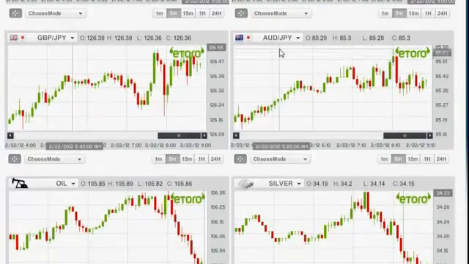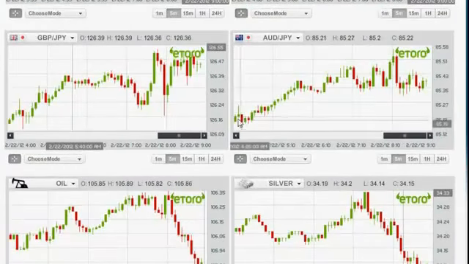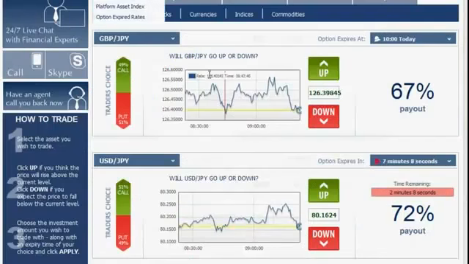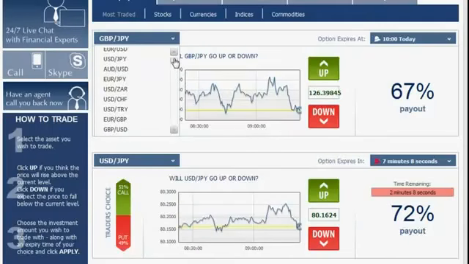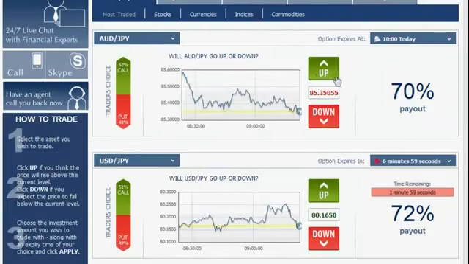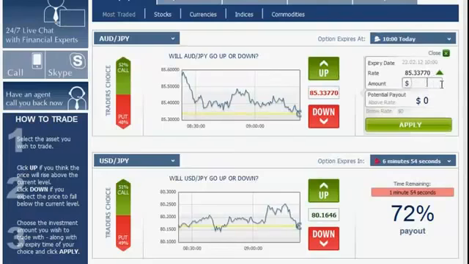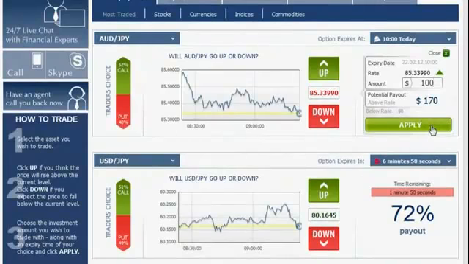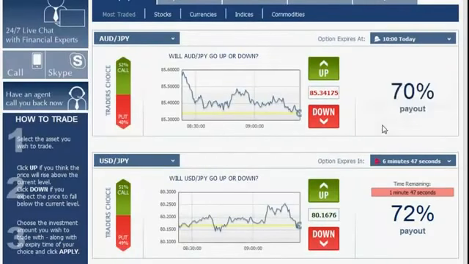We continue on to the AUD versus the Japanese yen. This as well is a beautiful upwards going trend line going from this point all the way up here. It has its high point here, but it's okay. It's clarified as an upwards going trend. We go back to the platform, choose the AUD versus the Japanese yen right here. Since it's going up, we click up, enter $100 and apply. We approve the option